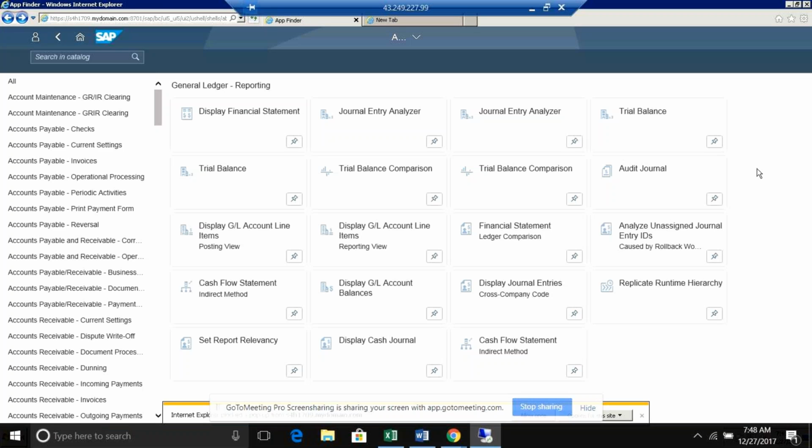So now the apps are not working here. Cash, display cash journal, balances. It should be shown here. Display GL account line items.